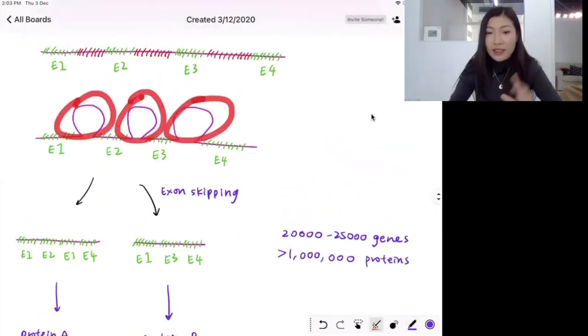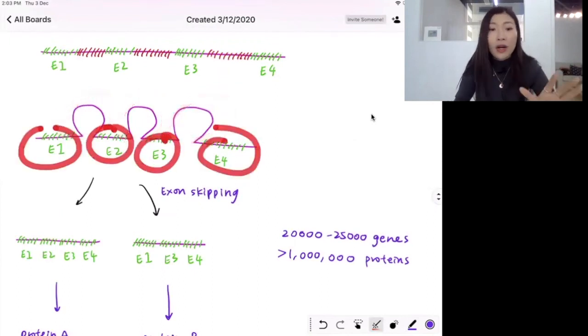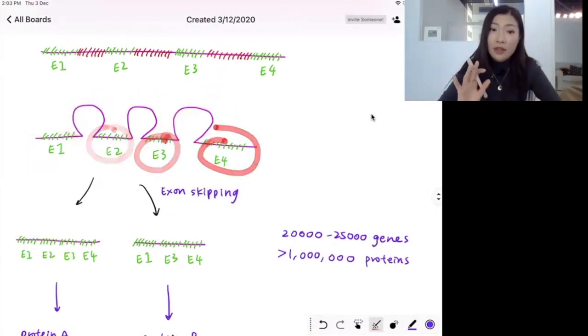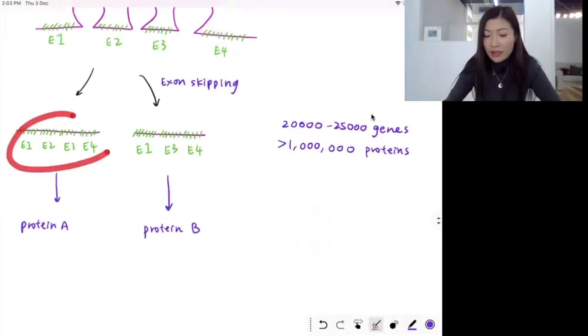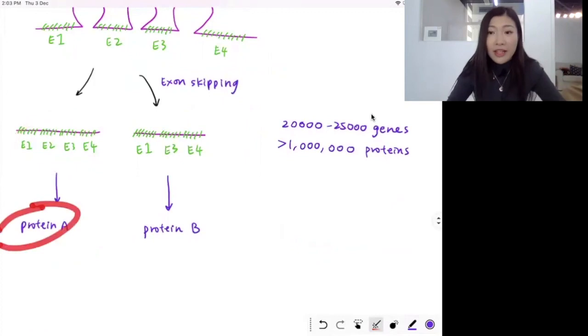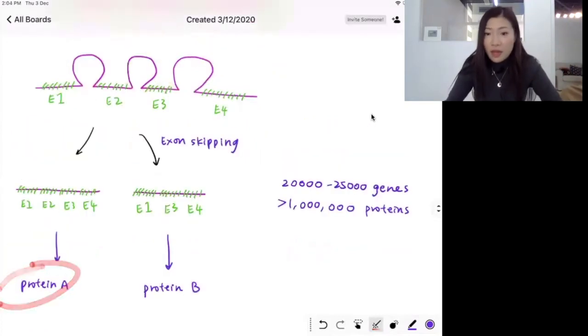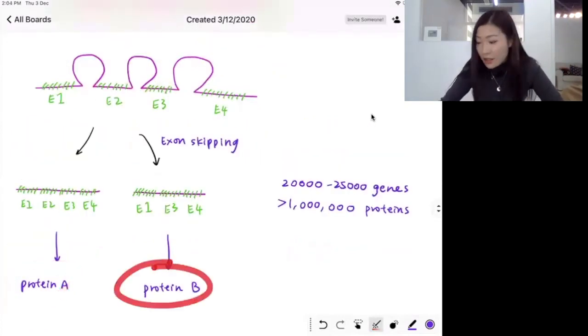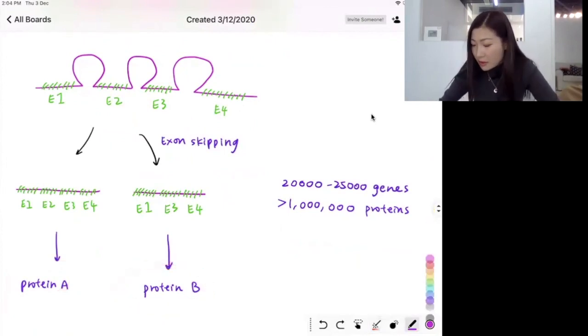After cutting all these introns out, you can selectively place these E1, 2, 3, 4 in a different sequence. You can use all of them like this one, E1, 2, 3, 4, placing all together, making protein A. You can also skip E2 and make it into protein B, or you can, okay, another example here, or you can skip E3